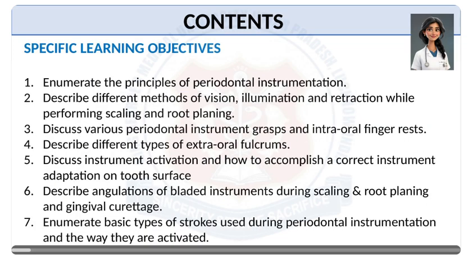This presentation has specific learning objectives which will help students to answer the following questions and apply the concepts clinically. What are the principles of periodontal instrumentation? Describe different methods of vision, illumination, and retraction while performing scaling and root planing, various instrument grasps and intraoral finger rests, different types of extraoral fulcrums, discuss instrument activation and how to accomplish a correct instrument adaptation on tooth surface, various angulations of bladed instruments during scaling and root planing and gingival curettage, and types of strokes and how they